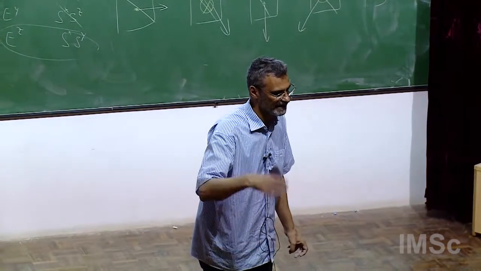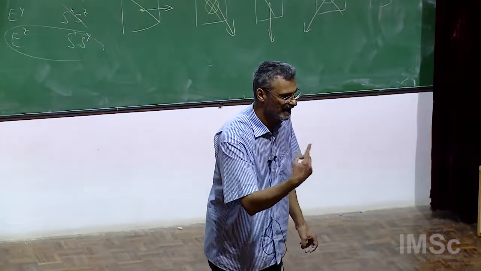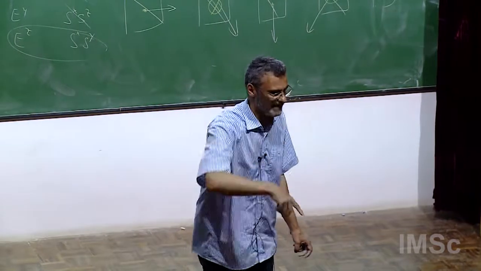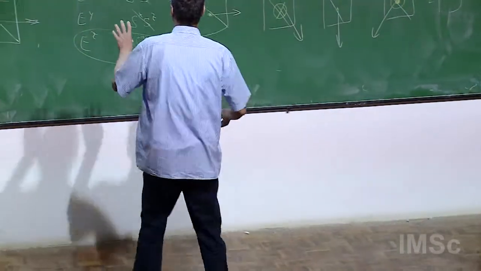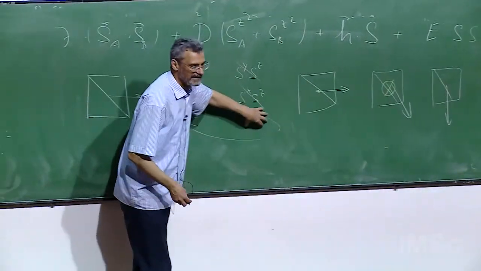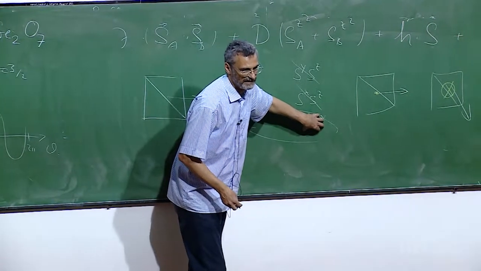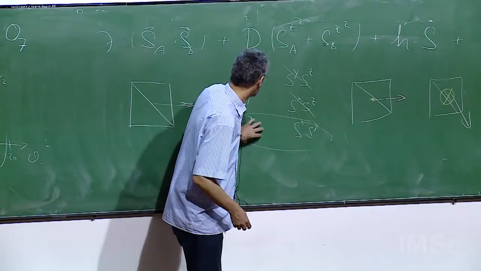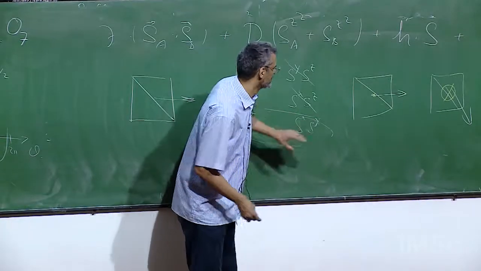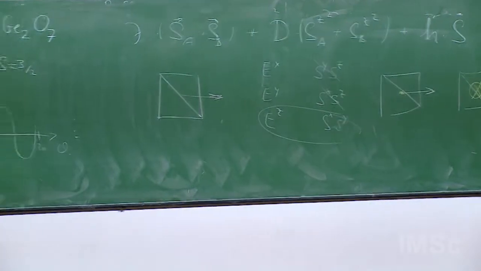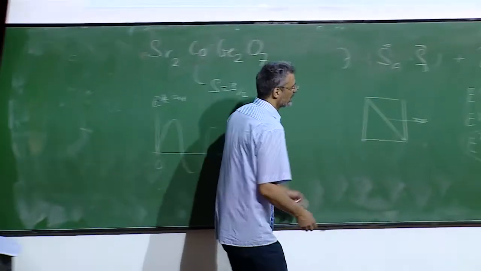So what is important is that if we turn once around, we make two sweeps up and down, and that tells us that whatever couples to the spins is somehow square of the spin. Whatever couples to electric polarization is square of the spin. So, okay, coming back to this question,